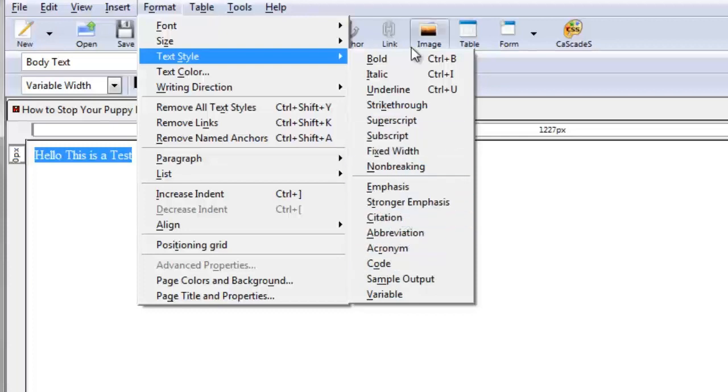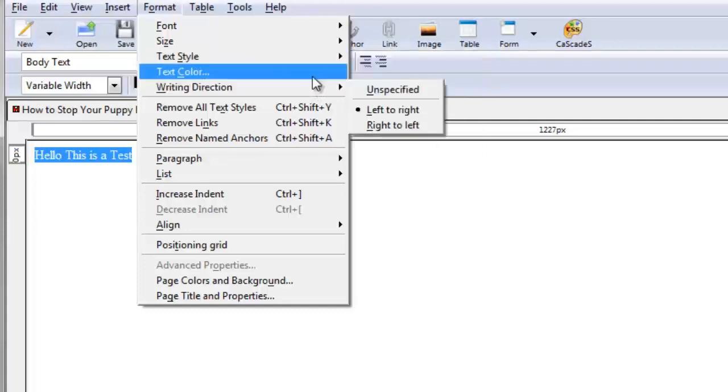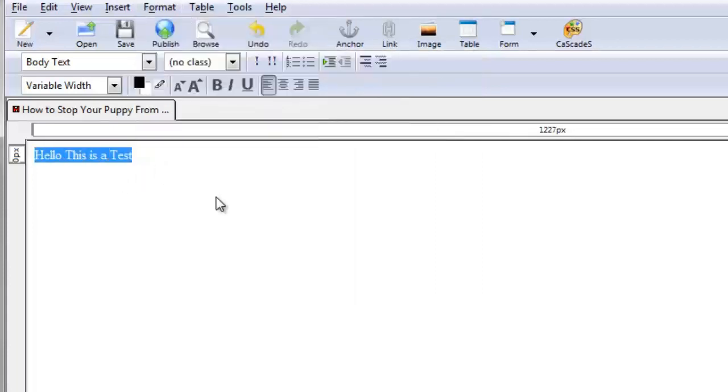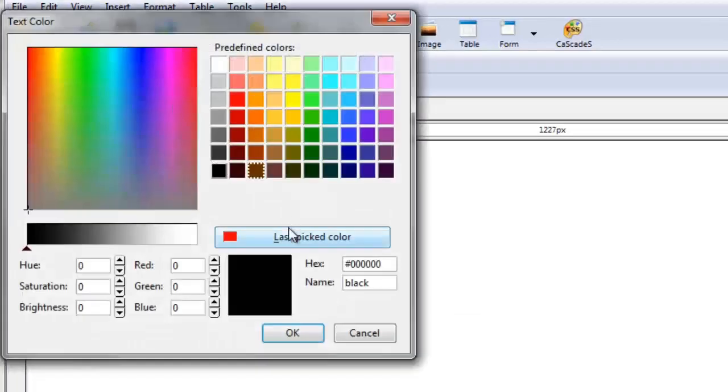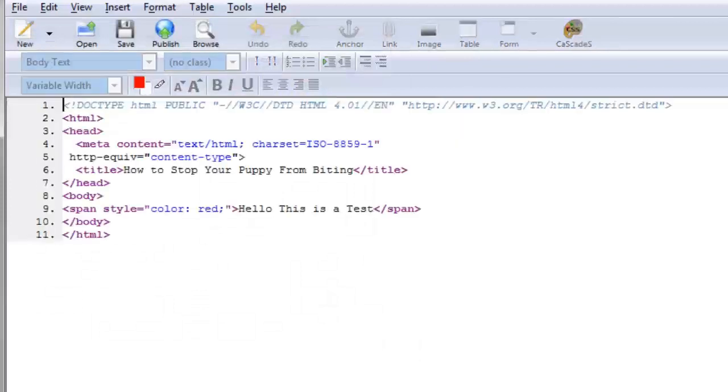But the majority of the time, you're going to use these three. You're rarely going to use all of these other ones. So that's why I wanted to show you this. Then, of course, you have text color. So if we stick with the simplicity and we just change this to say red, click OK. You can see that the span style, same thing. It says